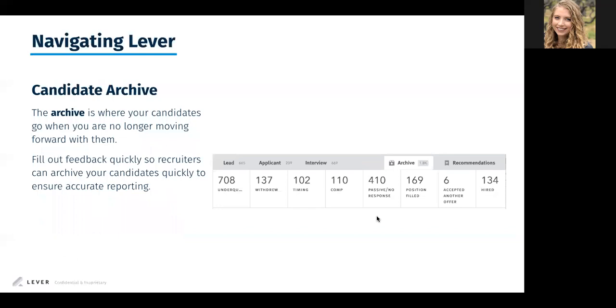Lastly, we have that candidate archive. So this is really that CRM functionality that I was talking about earlier, right? The archive is where the candidates will go when you're no longer moving forward with them. Anytime we reject someone, or we close things out for other reasons, maybe the company has decided to take a different direction,